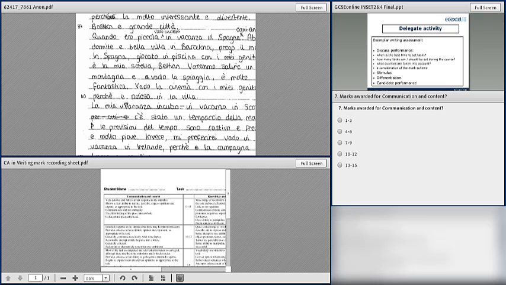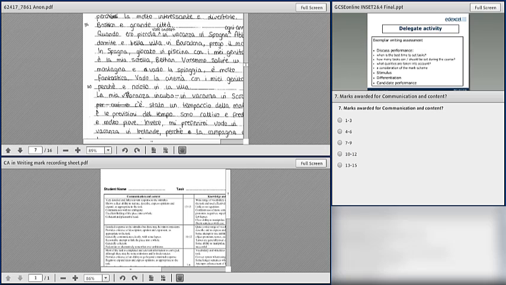Now, the next one, if you want to have a think about it: obviously the task said that you could, so he or she didn't have to cover all those bullet points. But I would like you to have a think about abilities and this task as well while you're marking. So I'll leave you a few minutes to mark it through like before. And then I'll bring on the first poll for communication. So just fill that one in when you're ready to go for the final, when you're ready for all 3 categories.